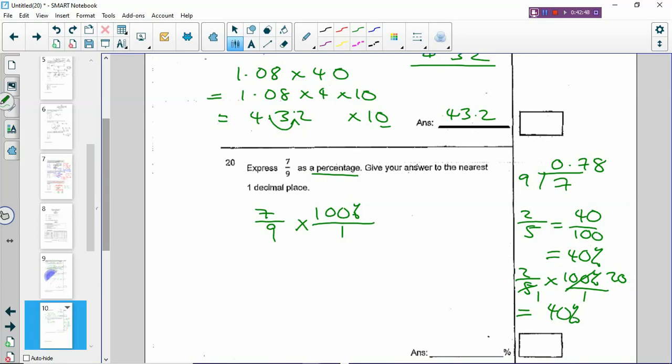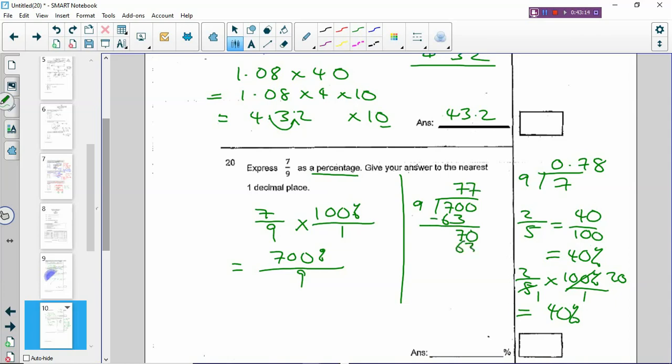Alright, so let's come back. So over here you will get 700% and then divide by 9. Now you need to round off to 1 decimal place. Which means that when you divide, your decimal must be 2 decimal places before you can round off. So you have 7 times 9, 63, then you minus, bring down the 0, 7 times 9, 63 again, then you minus, and how to continue dividing? You change the whole number into a decimal. Then you bring down the 0, bring up the decimal point, 7 times 9, 63, and do not write your answer as